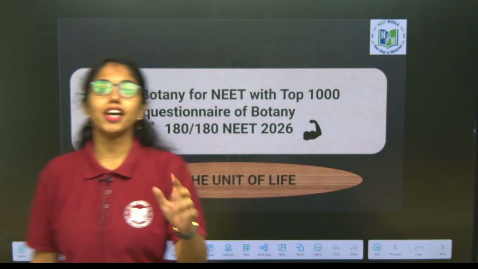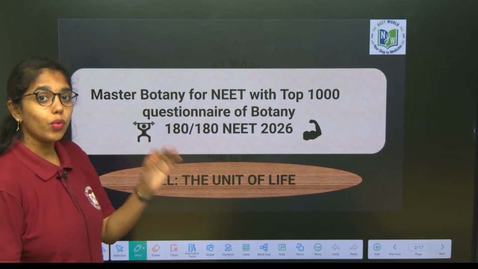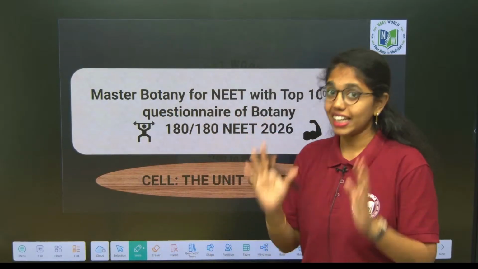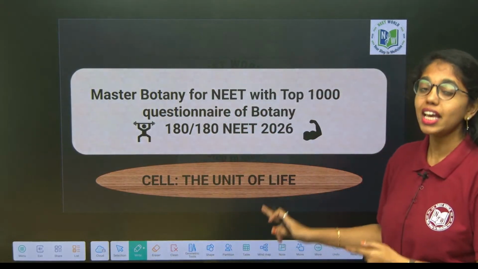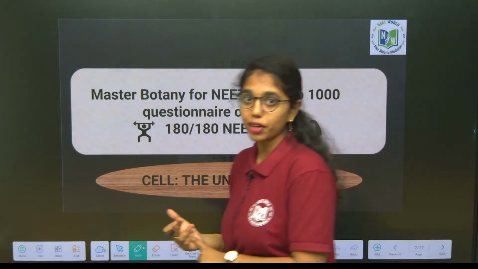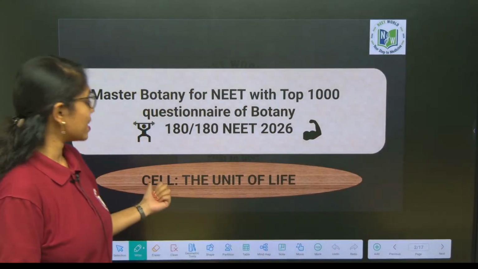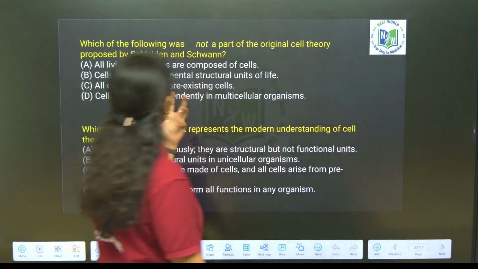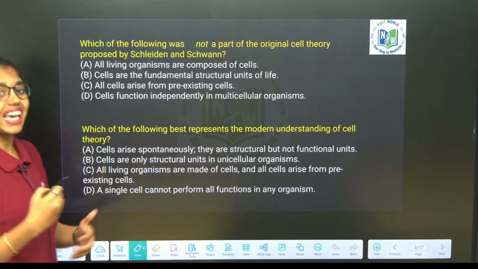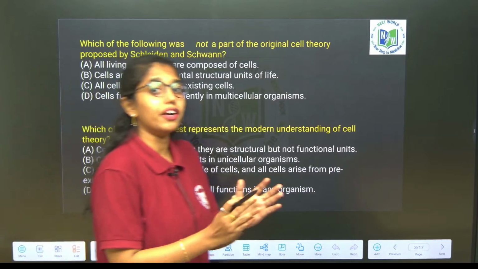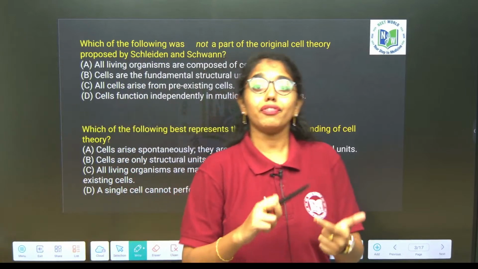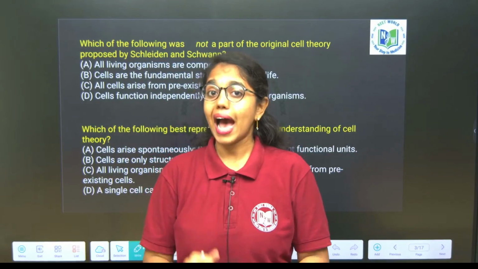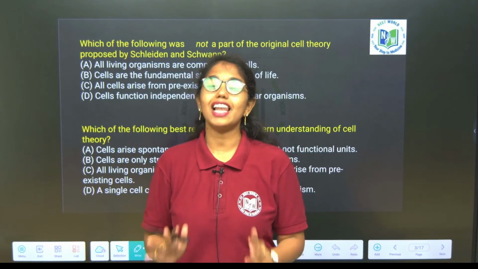This is your Prasanna Ma'am from NEET World, and here we are in our 1000 questionnaire practice for our NEET 2026, and today we are going to begin with the master chapter, which is the heart of the NCERT 11, that is cell biology. In that first chapter we are going to start with beta, that is cell the unit of life. So if we get into the first question, today let's exercise most of the questionnaire from cell theory, different sizes of the cells, different shapes of the cells, and on the prokaryotic cell on whole.